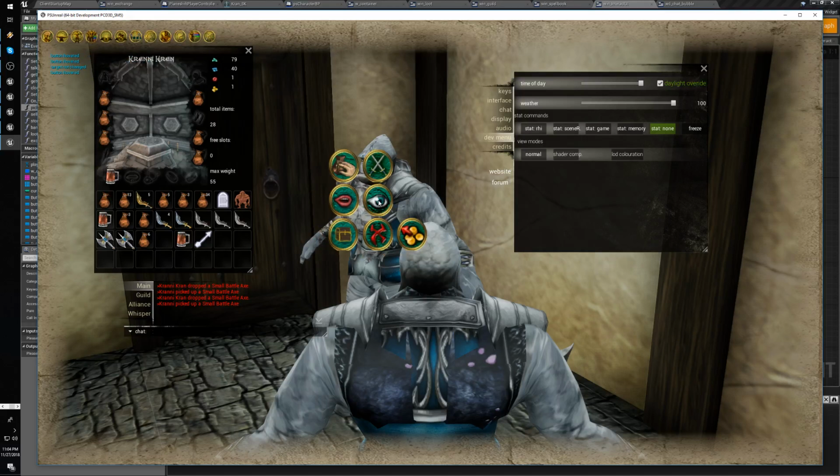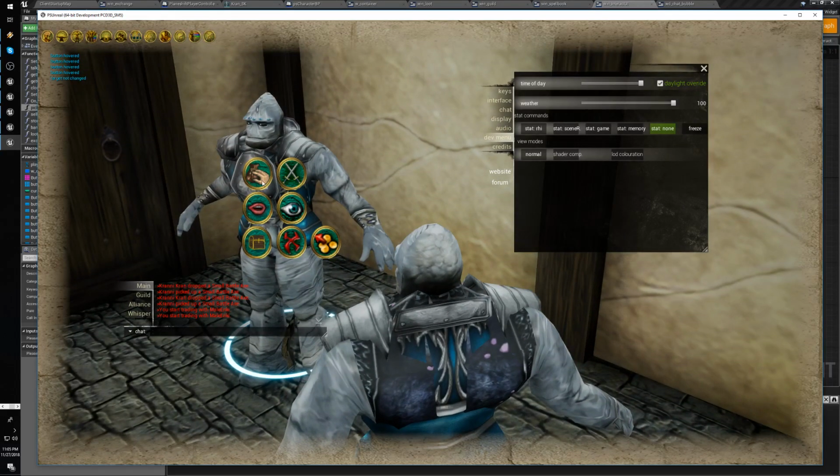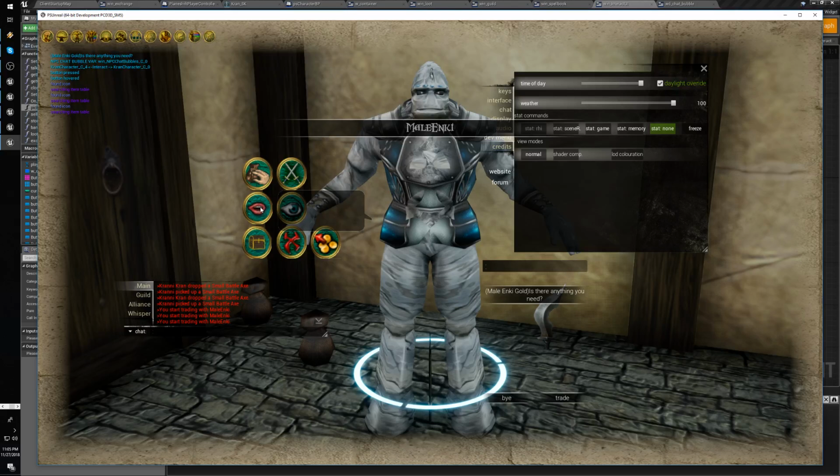Yeah, it's not closing the window. The speak is working, but